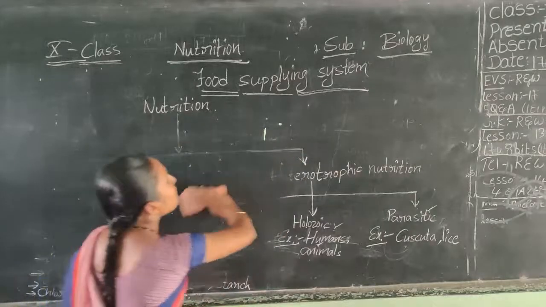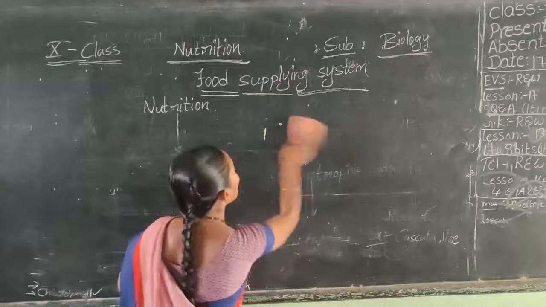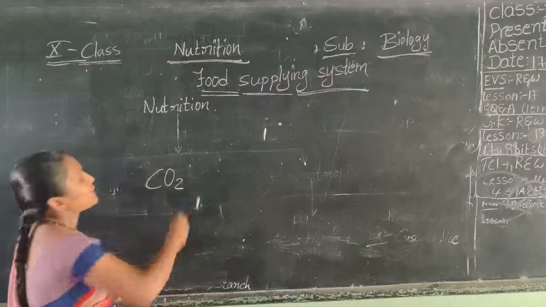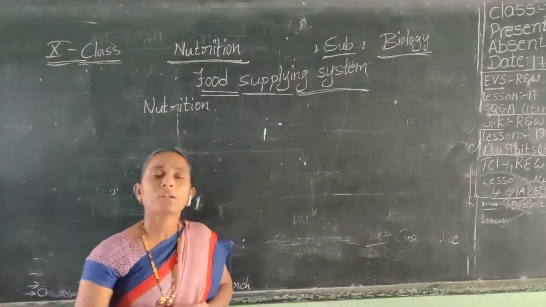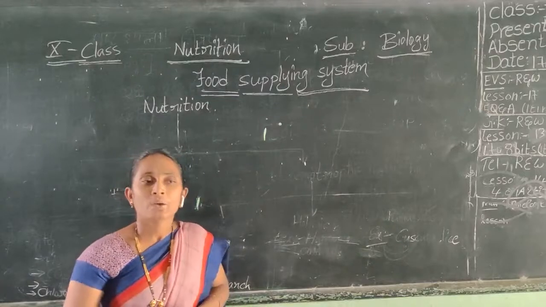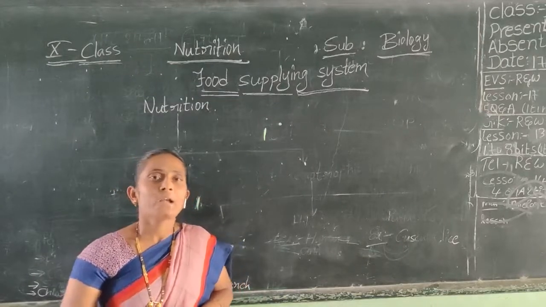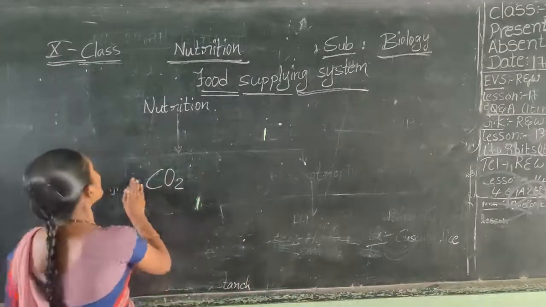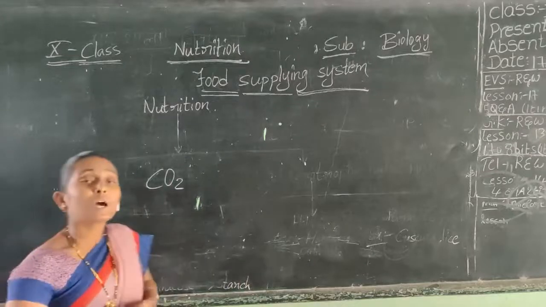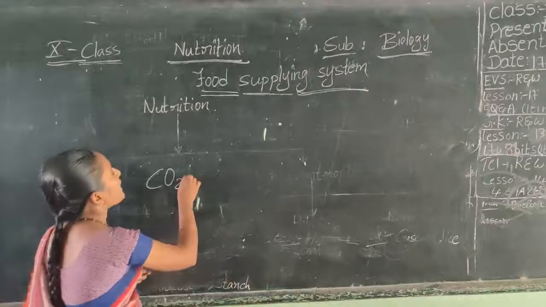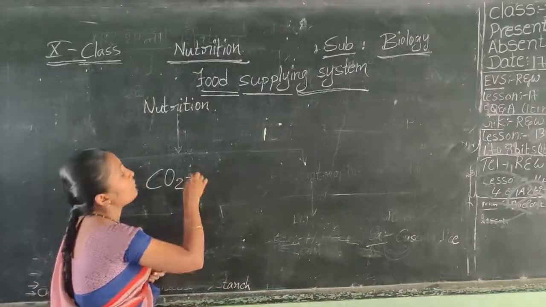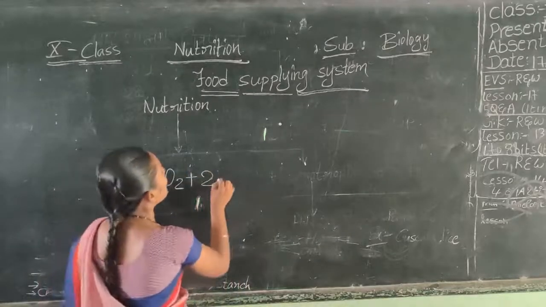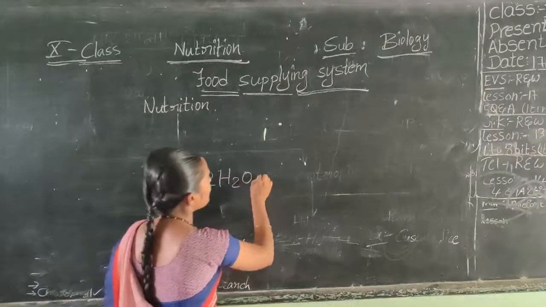A scientist, C.B. Van Niel, derived a simple equation. In that equation, CO2 is present in the atmosphere. Air only, right? So what are the components of air? Nitrogen, oxygen, carbon dioxide, argon gas, some dust particles. All these are the components of air. Here 0.03% of carbon dioxide is available. This carbon dioxide helps to prepare food when it is combined with water. So CO2 plus 2 molecules of H2O gives rise to